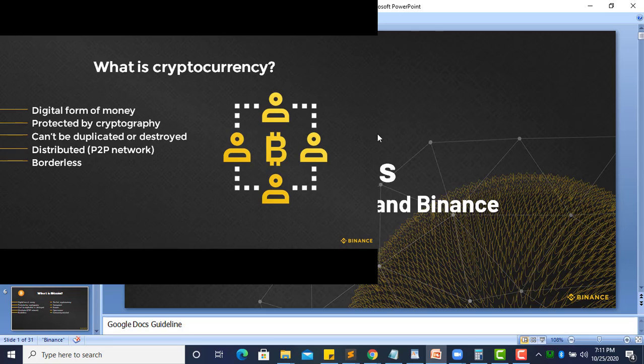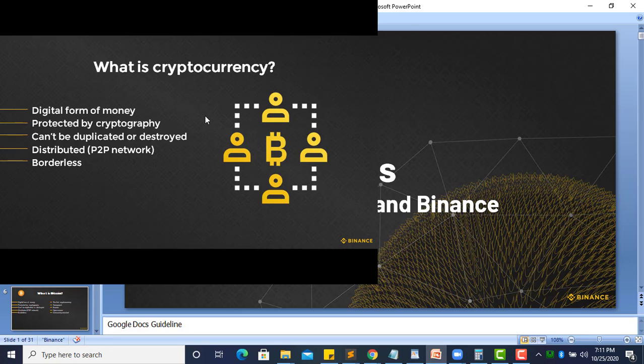It's a digital form of money protected by cryptography. What we mean by protected by cryptography is that it is not backed by any central bank or anything. You know your naira, your central bank is protecting it. But when it comes to cryptocurrency, it is a form of logic, a form of codes that is used to protect it. It doesn't have any government or central bank that is behind it, protecting it, controlling the inflation, all that. No, it is controlled by cryptography, by a set of codes and rules. That is what it means.